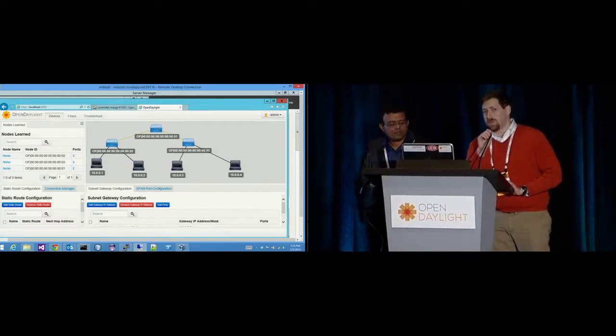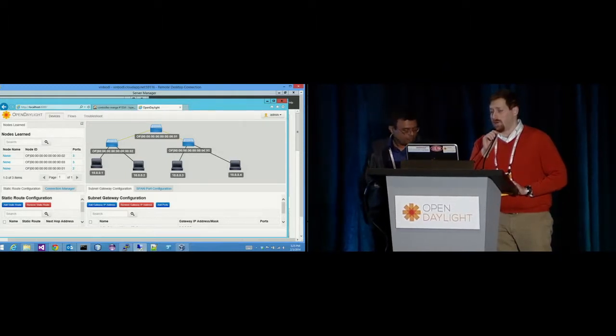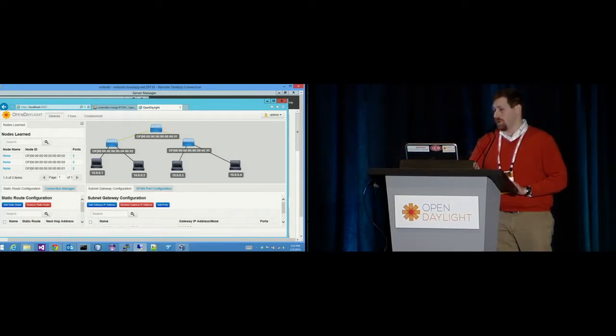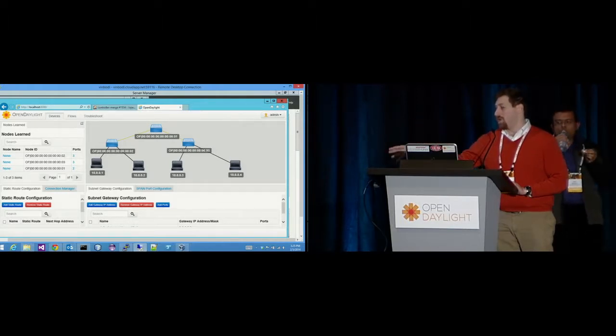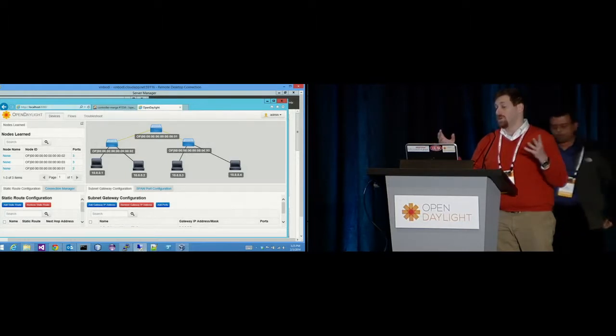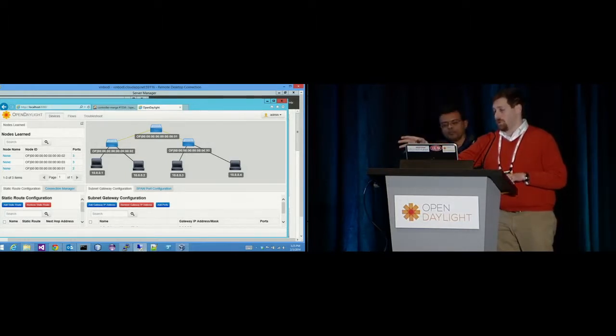So let me try to restate the question for the folks on video, and then I'll try to answer the part I think I can answer and explain the part that I think I can't answer. So the question, if I understood it, was I've got this OpenDaylight network controller. Let's say I have some hosts that are not Mininet, but maybe those hosts are Hyper-V hosts. And maybe I have not a Mininet virtual switch or OVS virtual switch. Maybe I have some other virtual switch. Maybe it's virtual, maybe it's physical. How would I